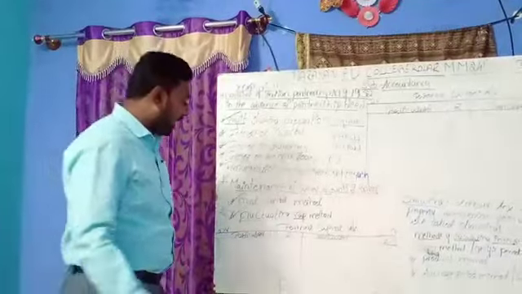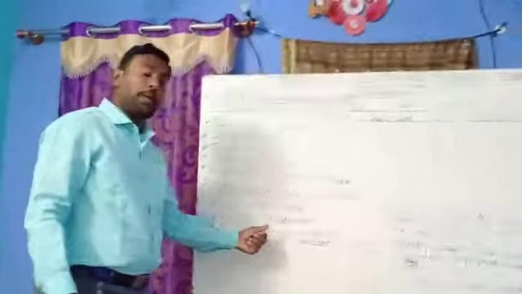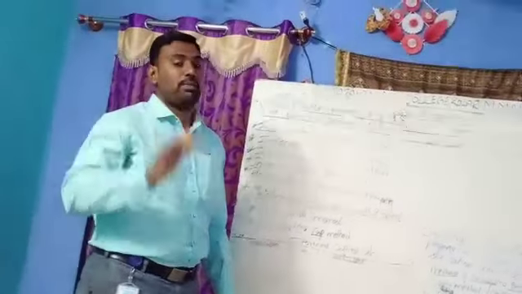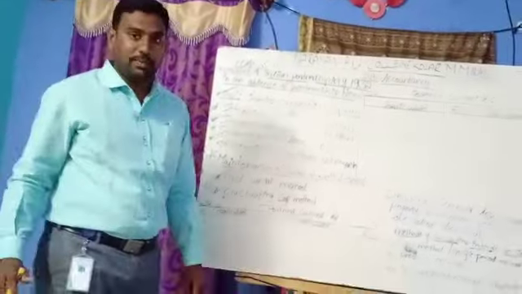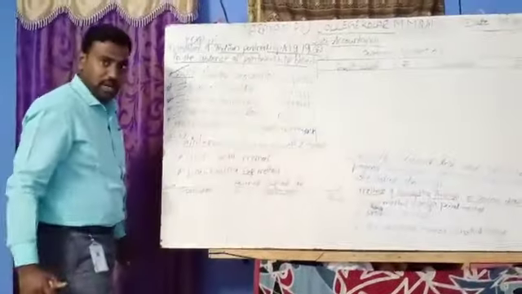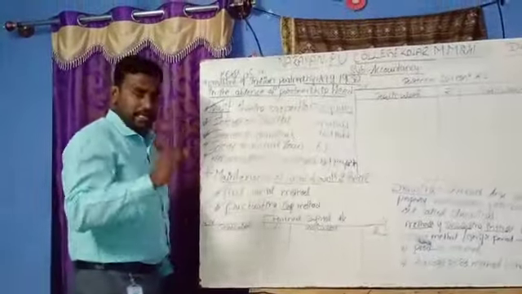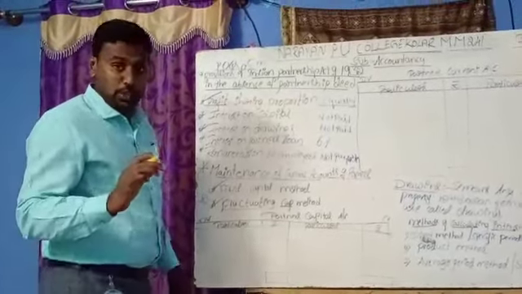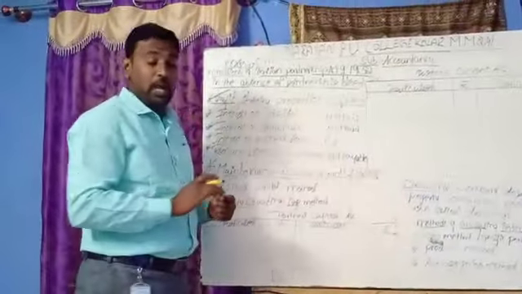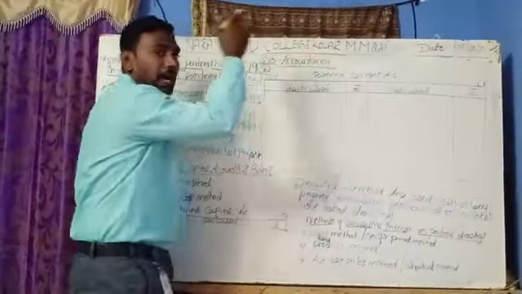The account has two sides. We prepare the accounts in the T format because we prepare them only for the double entry system of bookkeeping, not for the single entry system. So first we draw the columns: left hand side and right hand side. The left hand side is considered the debit side, and the right hand side is considered the credit side. All the capital transactions should be recorded in the capital account, and all the remaining revenue transactions should be recorded in the partner's current account.